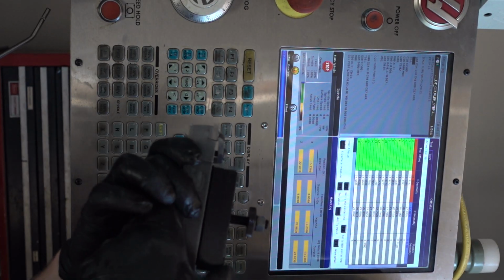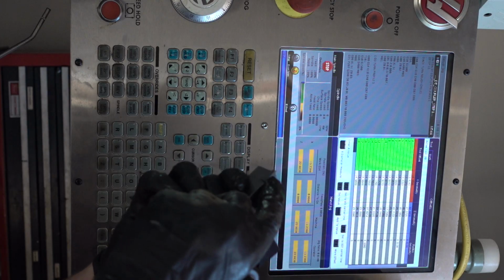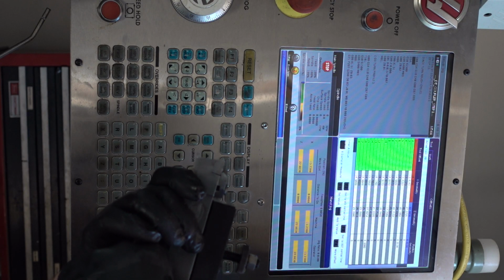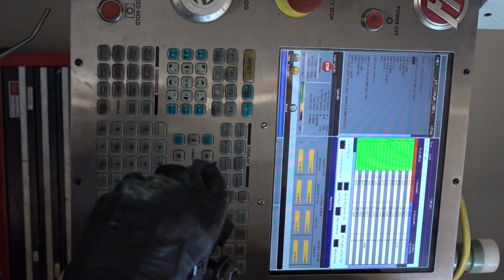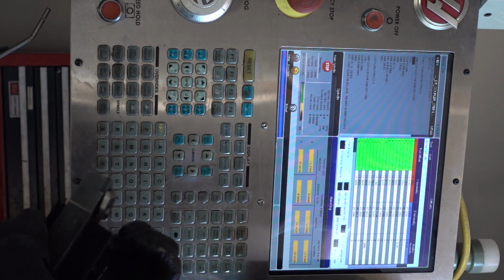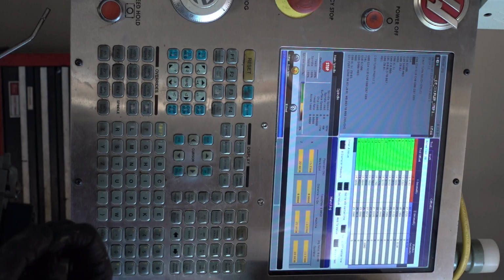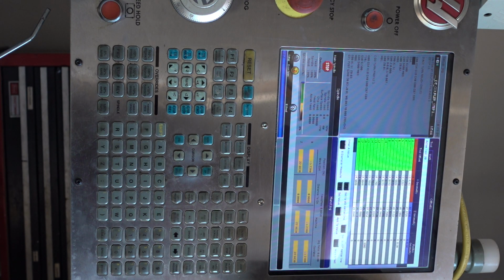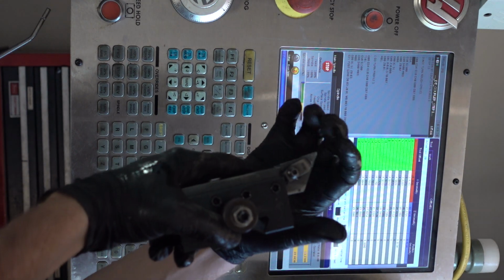When the tool bit's brand new, you'll hear a smooth cut, but once you get to part 20, as the tool cuts the material, it'll be rough. You'll notice that it's cutting very rough. And that means we got to change the tool. So every